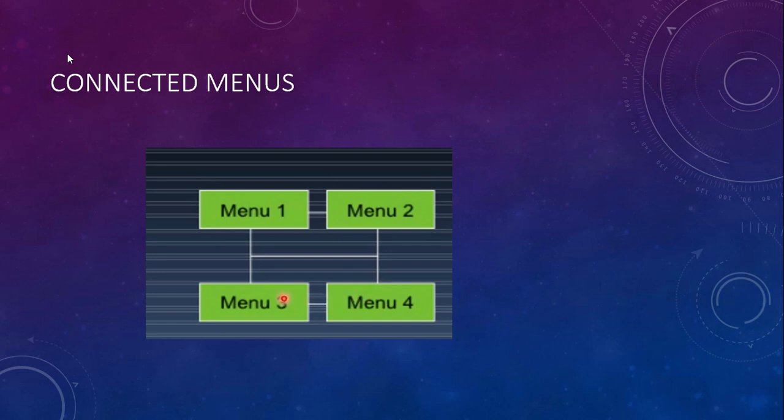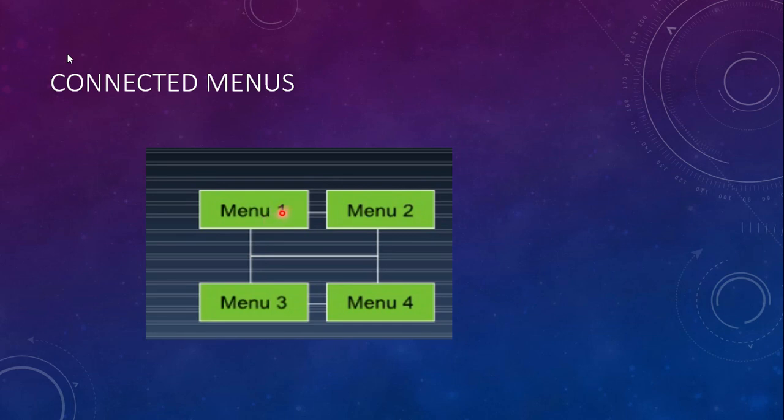From the user's perspective, there is no top-down traversal of the menu system. If you consider here particularly, there is no top-down approach because it's connected in a random manner, and the connected menus may be cyclical or acyclical. What do you mean by cyclical here?